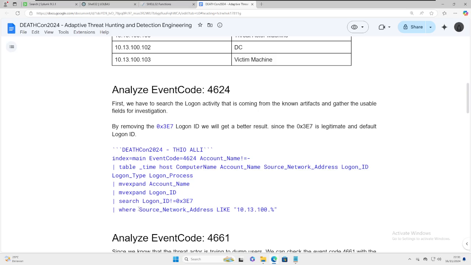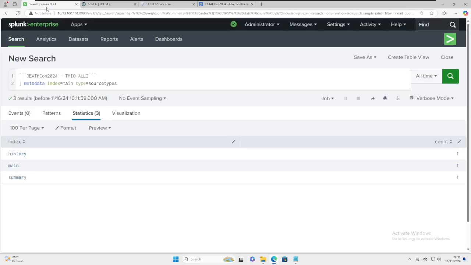And also here we are removing the 0x3E7 logon ID to get a better result, since that logon ID is the legitimate default logon ID used by Windows. I already made the queries, so we just have to copy the queries and search in Splunk.